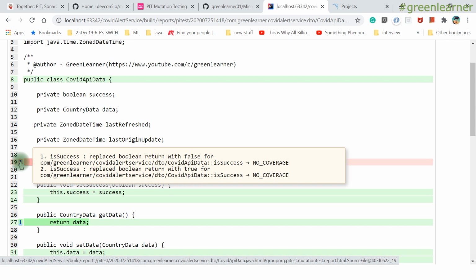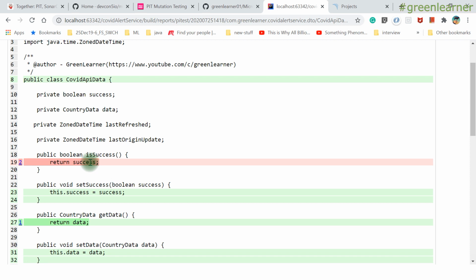We have not written anything about this isSuccess in our unit test cases. Survived and killed mean there are test cases written for that source code, but there are problems where they are failing or not failing. But no coverage means there are no test cases for that one.